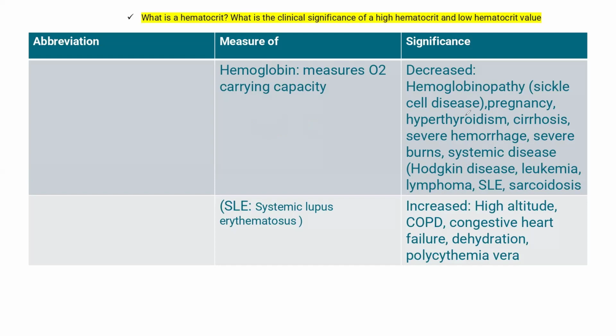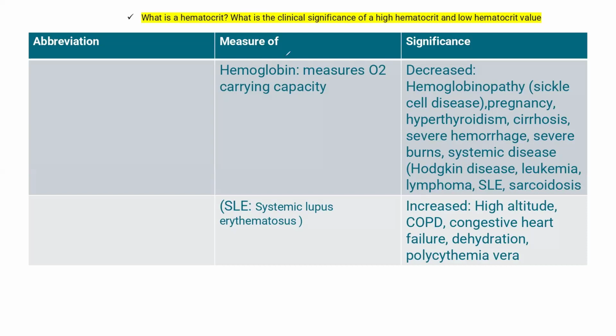Pregnancy, it is a physiological condition, but it can lead to low hemoglobin as well. Hyperthyroidism, cirrhosis, severe hemorrhage, severe burns, systemic diseases like Hodgkin lymphoma, Hodgkin disease, leukemia, types of cancer, lymphoma, another type of cancer, SLE, systemic lupus erythematosus, another blood disorder, sarcoidosis, a systemic disease. So SLE is systemic lupus erythematosus. Okay,